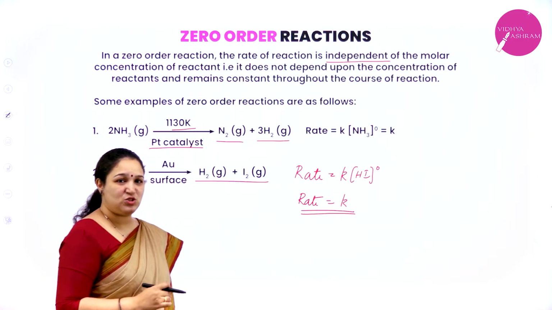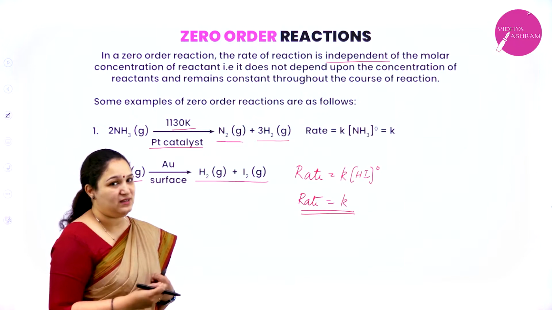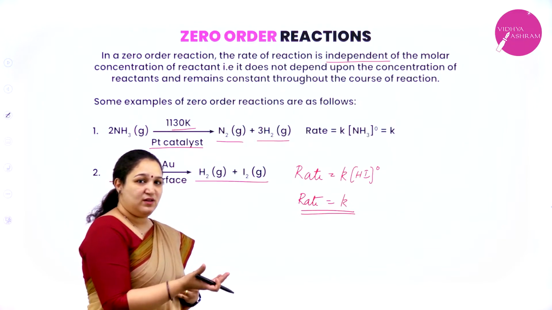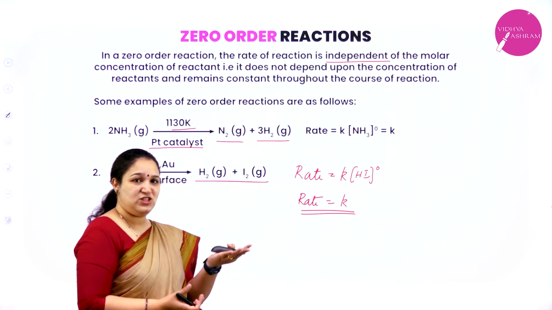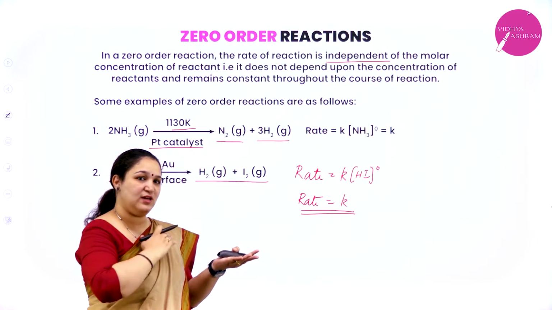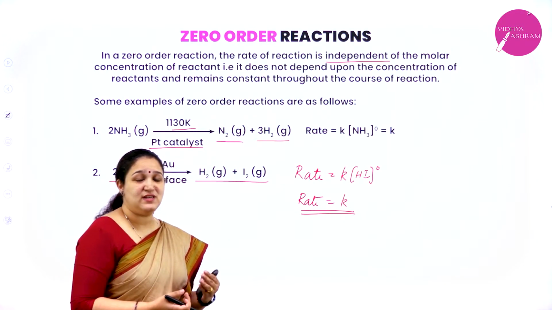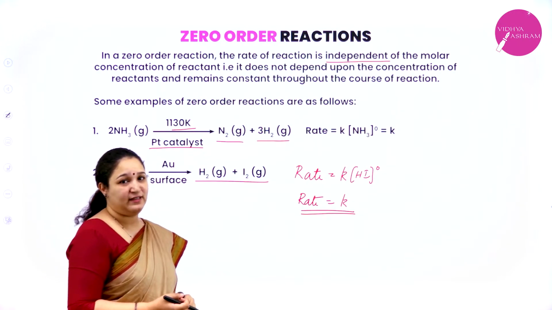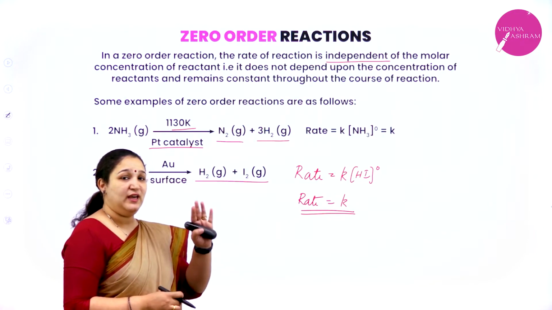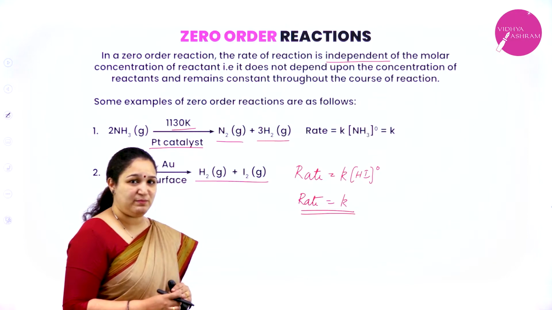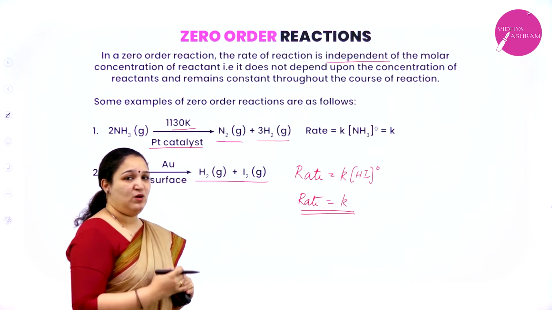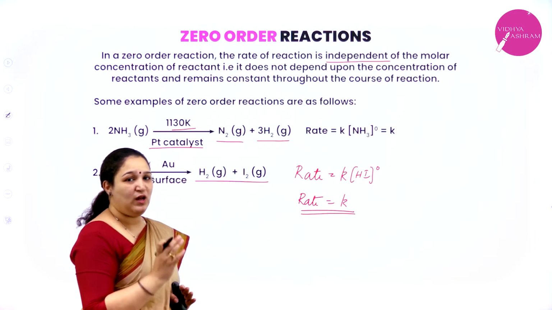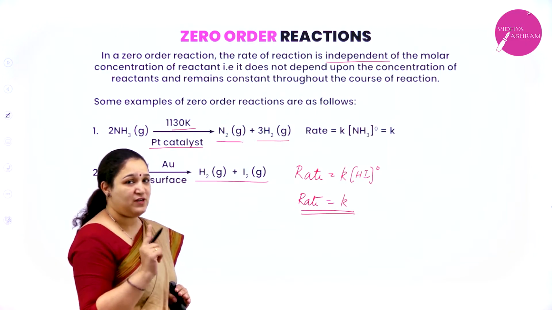So I hope you have understood what is first order, second order and zero order reaction. What is zero order reaction? When the concentration of the reactants is changed, still the rate of the reaction is constant. So the rate of the reaction is independent of the molar concentration of reactants. What do you mean by first order reaction? If I increase the concentration of reactant by once, the rate will also increase by once. That is, it is directly proportional. The rate of the reaction is directly proportional to the molar concentration of reactants. That time it is a first order reaction.